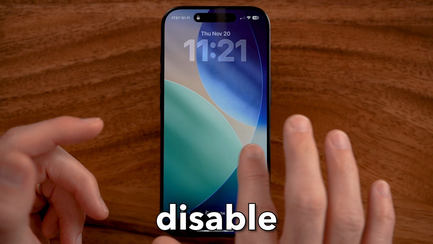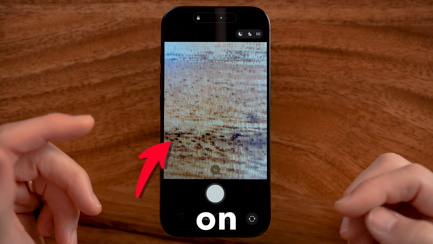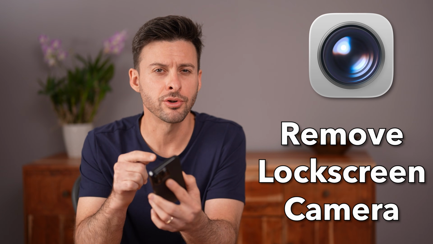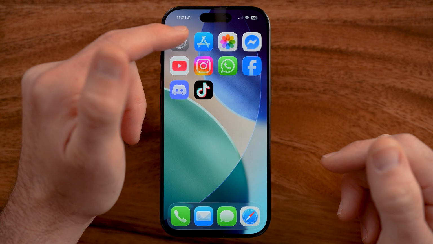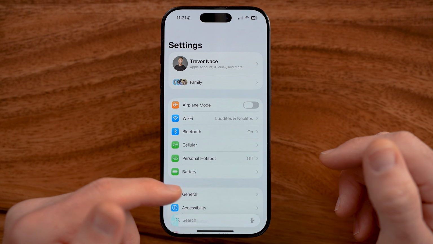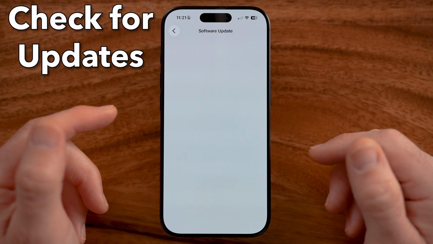Let me show you how to disable swipe to open camera on your iPhone lock screen. I'll also show you how to remove the camera shortcut on your lock screen. Now, first we need to head into the settings app of your iPhone and make sure you're updated to the